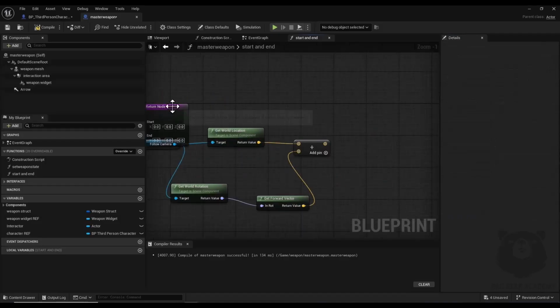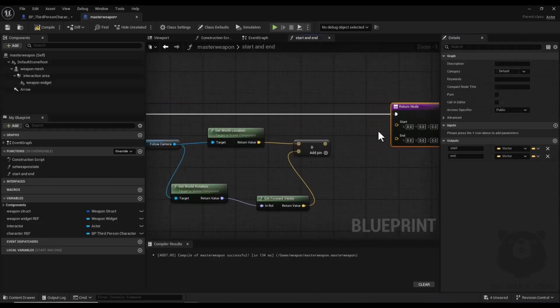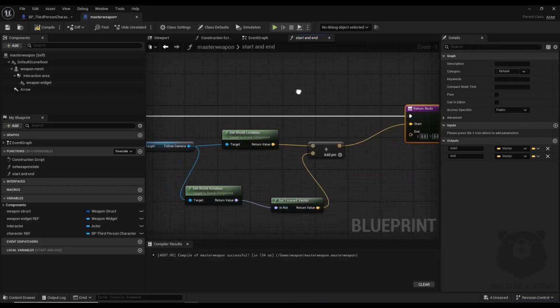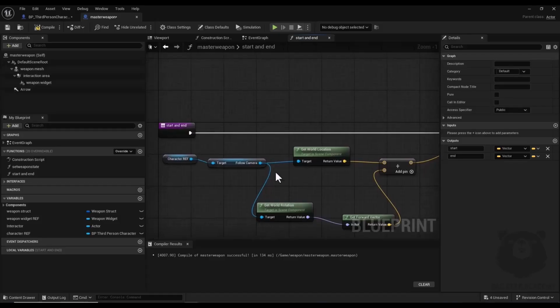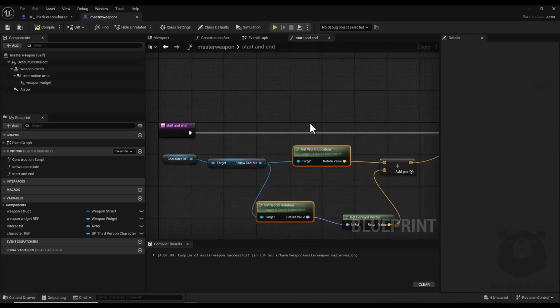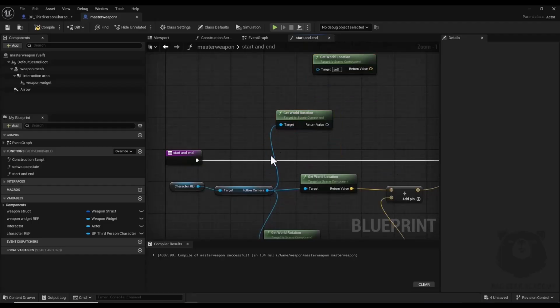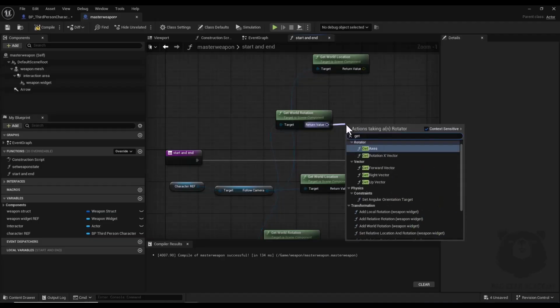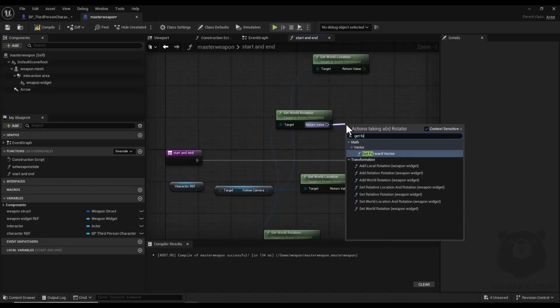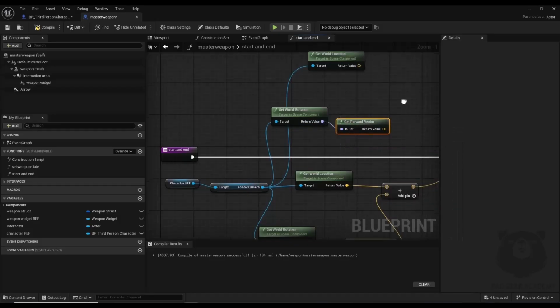Alright, I place it here and I connect this one to a start output, and also for end I get a copy of this word location and word location here, and I connect them both to this flow camera, and here again I get forward vector,